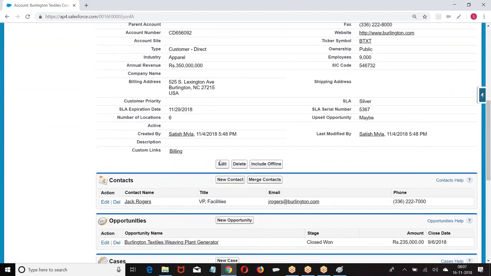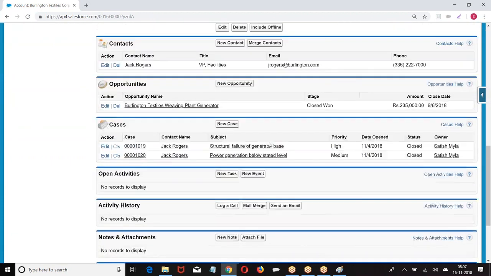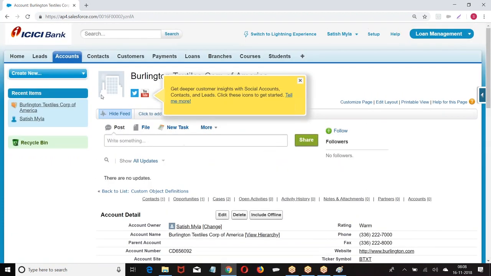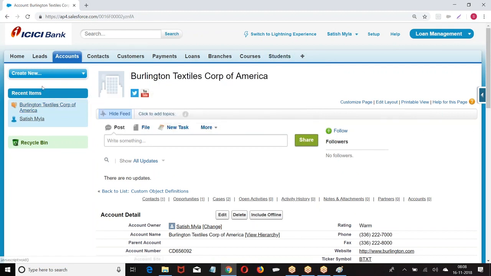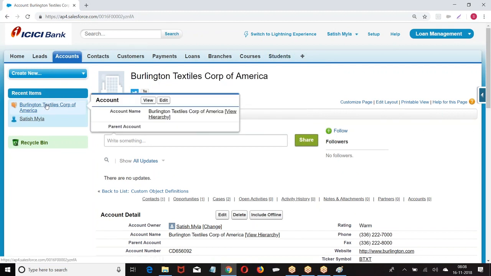This is the complete record, with the children and everything. But if you want to have a quick view, what are they giving you? This is a quick view. Name and parent account. What was it called? Mini page layout. I don't want to see the complete record. I want to have a quick view of the record. This is what? Mini page layout. So, page layout, record type, mini page layout.